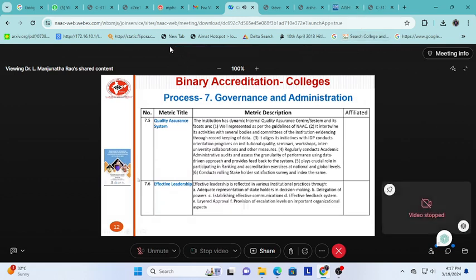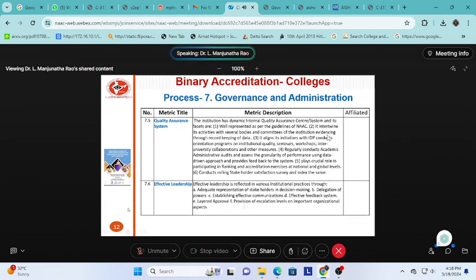Effective leadership. Effective leadership is reflected in various institutional practices through adequate representation of stakeholders in decision making. Whenever there is an important decision at the institutional level, whether representation from all kinds of stakeholders is available, delegation of powers, how powers are delegated at different levels, establishing effective communication, an effective feedback system, layered approval. So whenever there is any requirement, whether the approval process is at different layers,